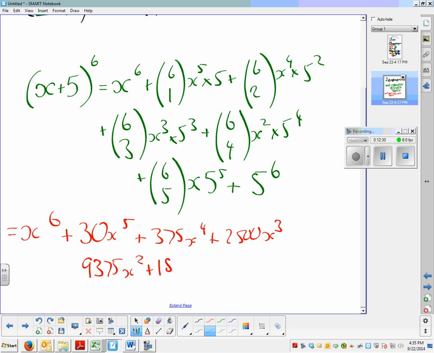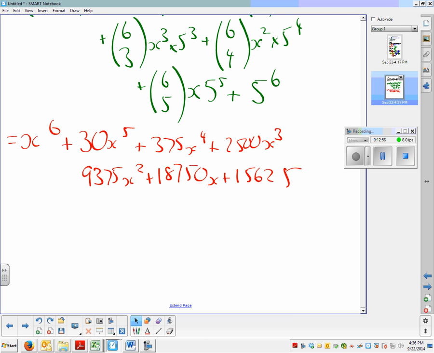X squared plus 1,870. I feel like I've missed one out there. Right, that's right. Okay, x to the 6, 30x to the 5, 375x to the 4, 2,500x cubed, 9,375x squared, 18,750. Okay, the clever thing about this, the nice thing about this, obviously it's fast if you've got a calculator,